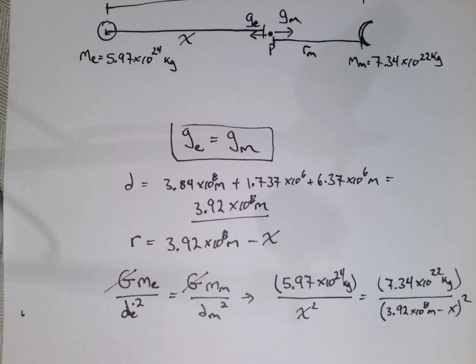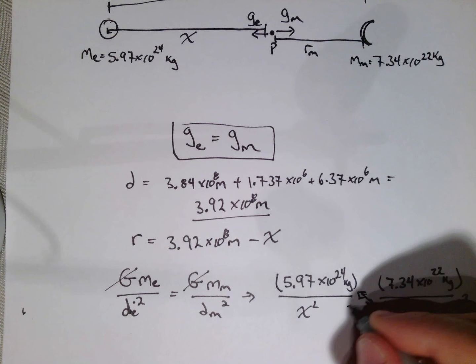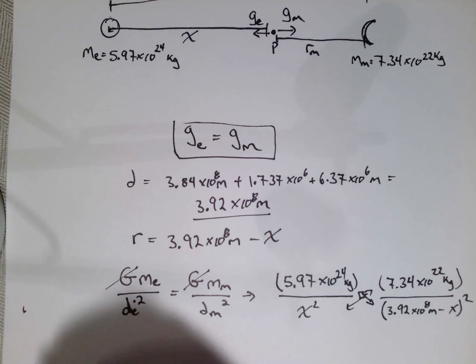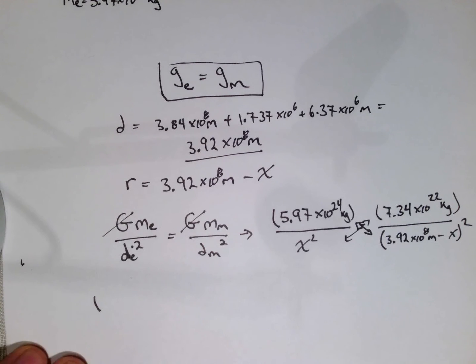And you're going to see you're going to end up with a quadratic there in the future. Alright, now if you set it up to here, the only hard part from here is solving. I'm going to cross multiply, which means I'm going to multiply these terms, and that's going to be equal to these terms multiplied. So I'm going to get, on a new line,